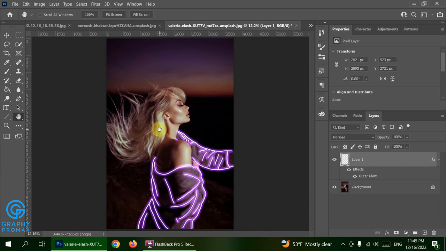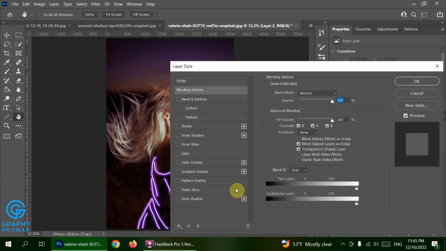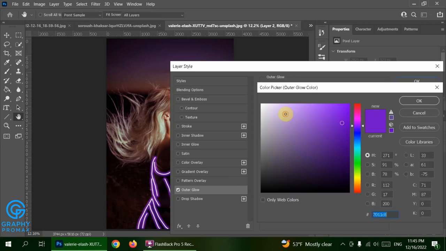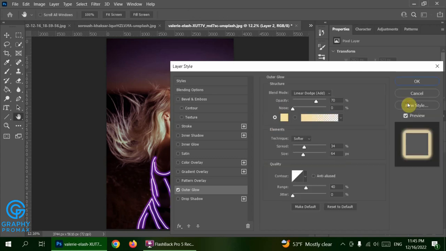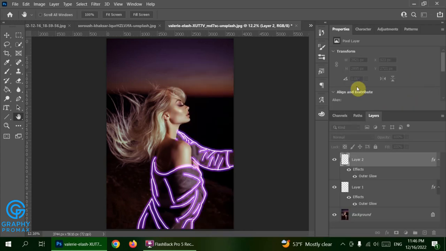For another color, you have to create a new layer, and by double clicking on it, set your outer glow to another color. For example, I want to create a light yellow. Yes, it's good. So I click OK, and you can change some parts of this setting, but now I don't want to. Just click OK. And with my brush and a little zoom,